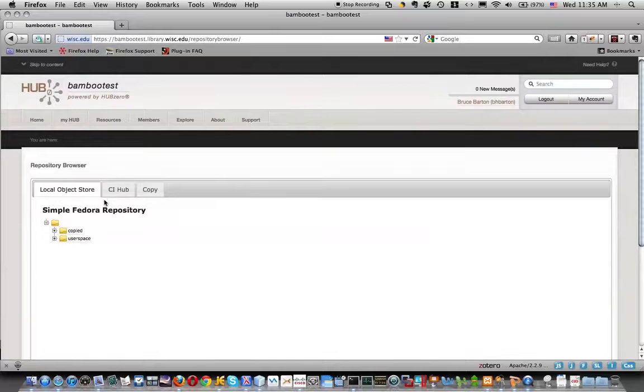You'll notice several tabs across the top of the browser. By default, the browser opens to the local object store, which is a view of the content available locally. We, however, need to go to the CI Hub to obtain the content, because it's the CI Hub that acts as a broker between the local research environment and a remote repository. So we open the CI Hub,